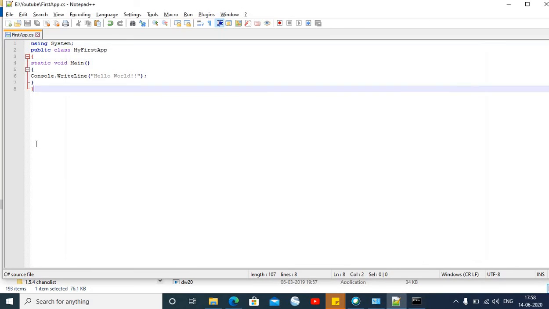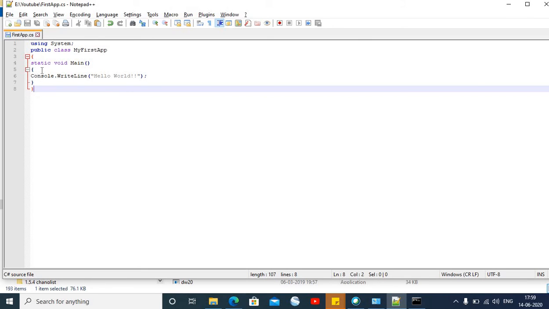So here I have created a simple C# application which contains a main method, and that main method only executes a single line statement, that is Console.WriteLine.